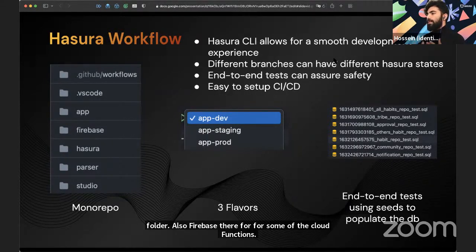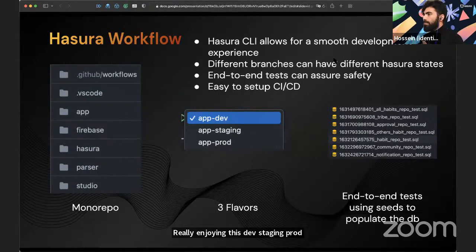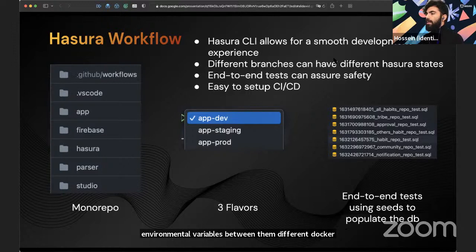Really enjoying this dev, staging, prod set of flavors that we have, because it allows us to work very fast on the app dev, with different environment variables between them and different Docker composes for each one.